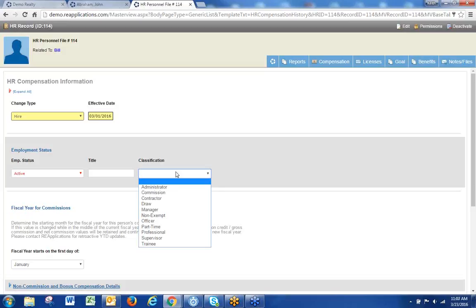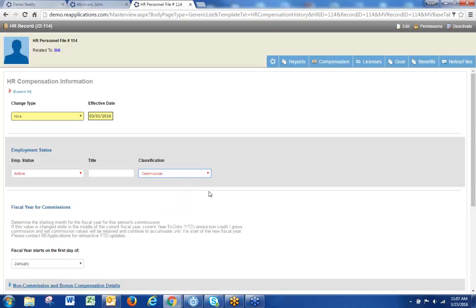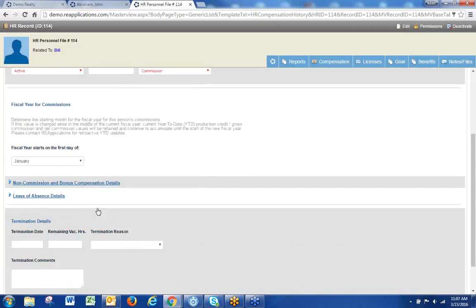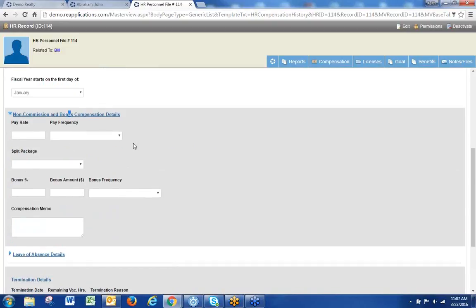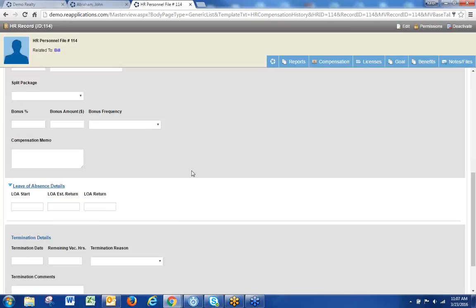I'm in our demo site, which is why I have these other values. But for you guys, there should only be two. They're either an associate or they're a shareholder. That's it. So in this case, I'll just say commission, and I know we're just on a calendar year, so I'm going to leave that. Any of this other information you want to put, if you're creating HR records for non-commissioned people, you can always put what their bonus is or what their pay rate, the other information you can put right in here. If someone takes a leave of absence,